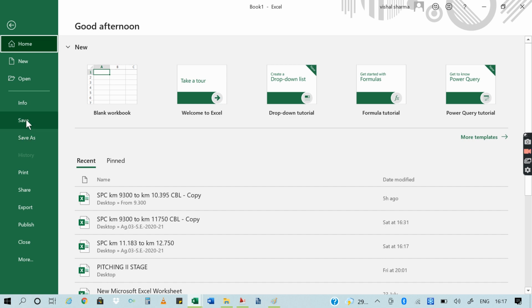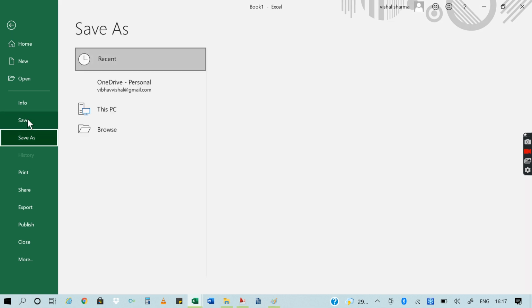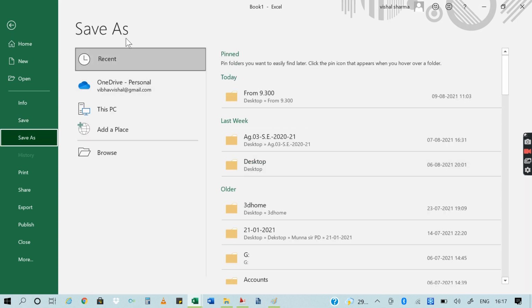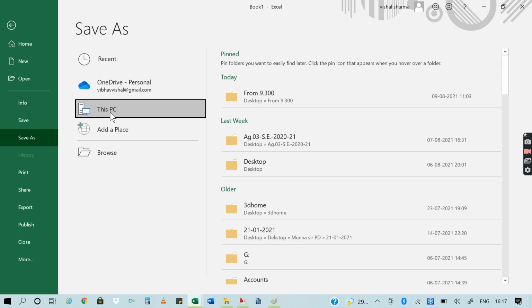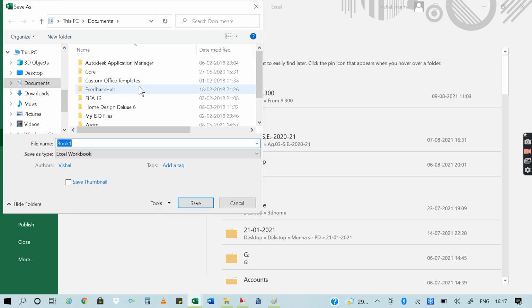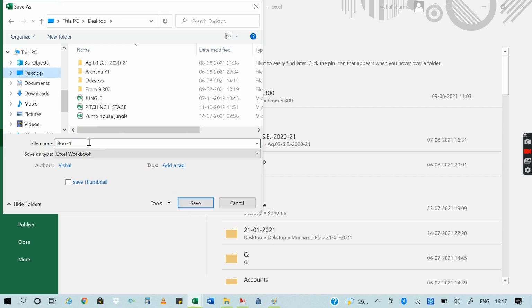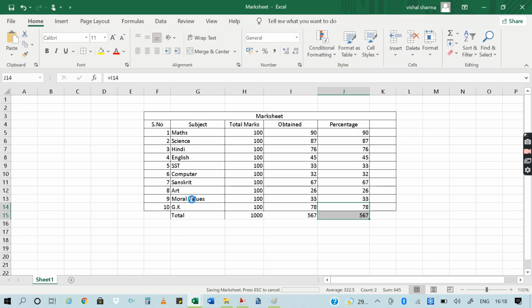I will tell you the difference between Save and Save As in some later class, but here you can simply save a file. Now go to any location where you want to save this file. I will save this on the desktop, and take a name for this, suppose mark sheet, and then save. Okay, so my file will be saved on the desktop.